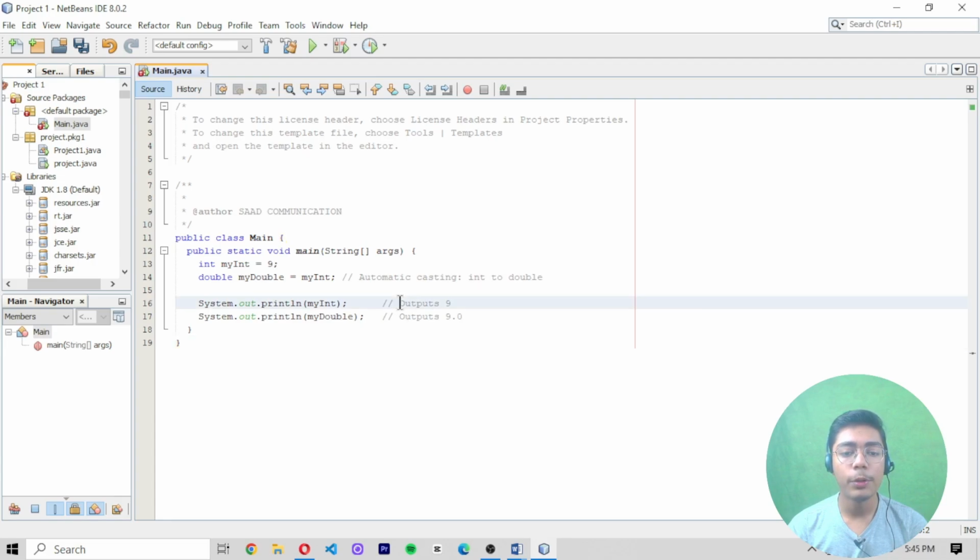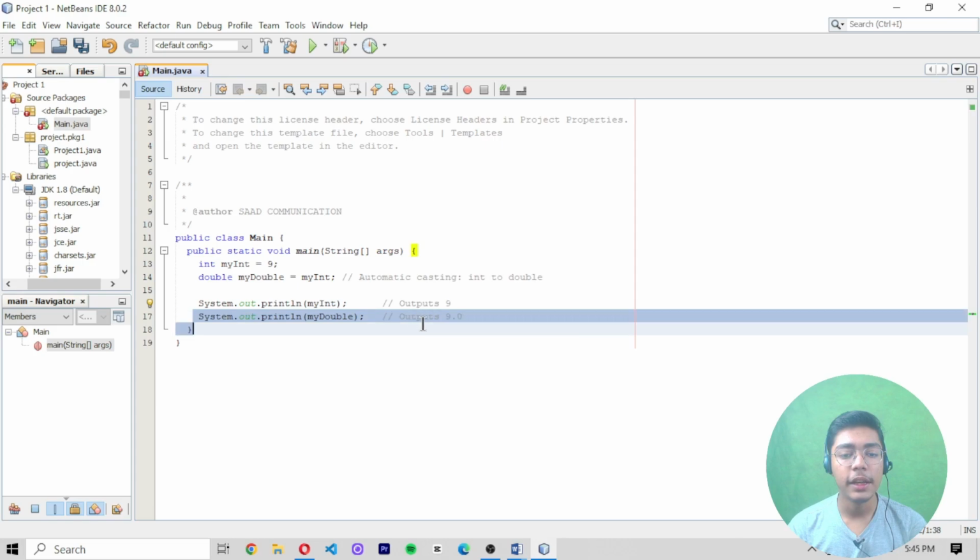First of all, the output you will get here will be 9, because here as well we have written in the comment output 9, and then down you will get the output as 9, but it will be with .0. So it will be a decimal 9, 9.0. So I will now be running this thing. For run, you can just